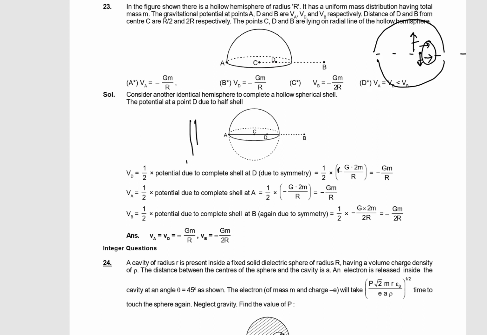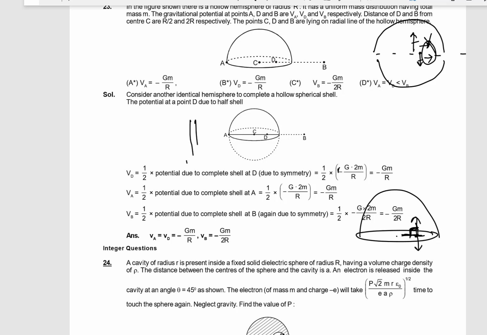So neither of the shells will have a component along this diametrical plane. So electric field due to a hemispherical shell in the diametrical plane can only be in the perpendicular direction, either upward or downward, depending on whether we have charge or mass. For mass it will be upward; for positive charge it will be away, in the downward direction. Anyway, when we move in this diametrical plane, the field is becoming perpendicular to that plane. Along a direction perpendicular to the electric field, potential does not change, right? The potential at C and the potential at D is equal to minus GM by R.